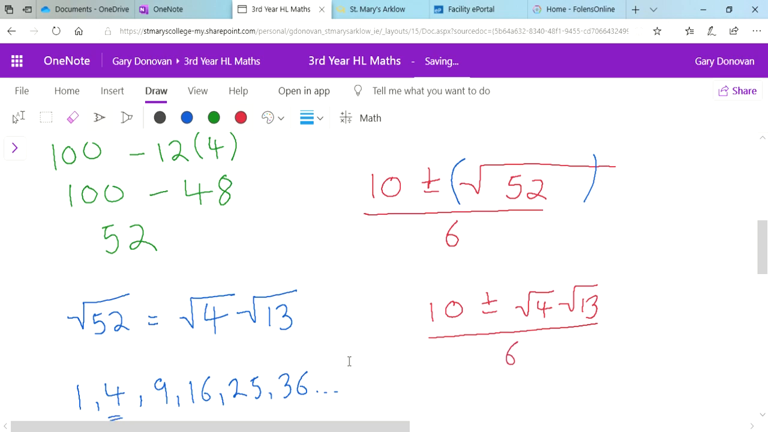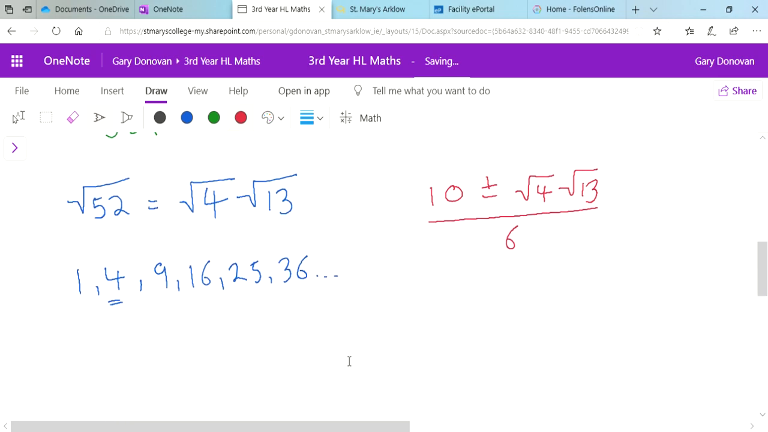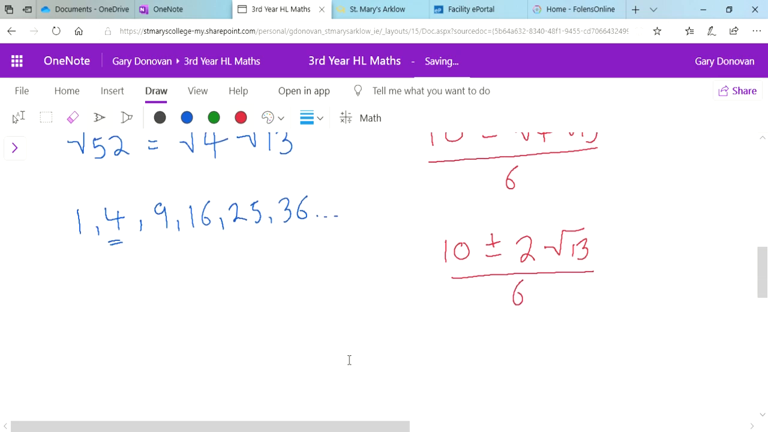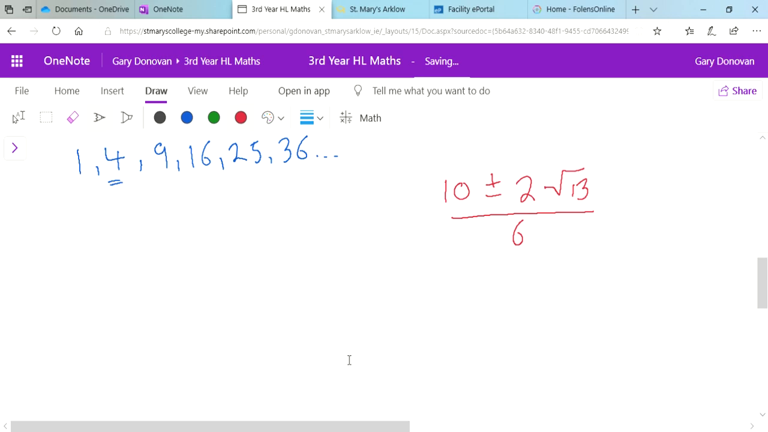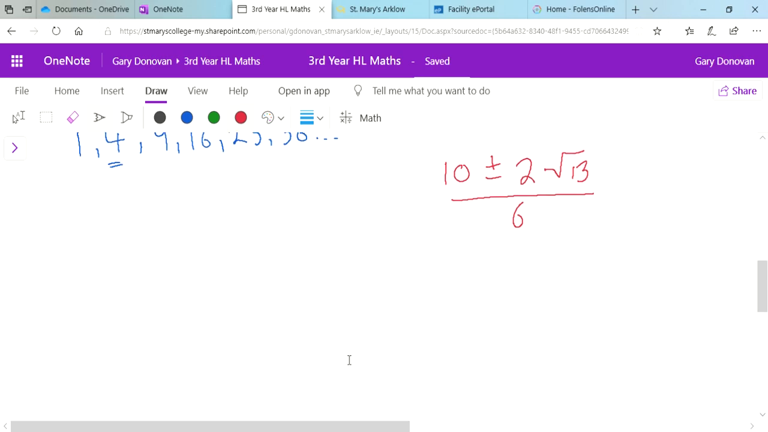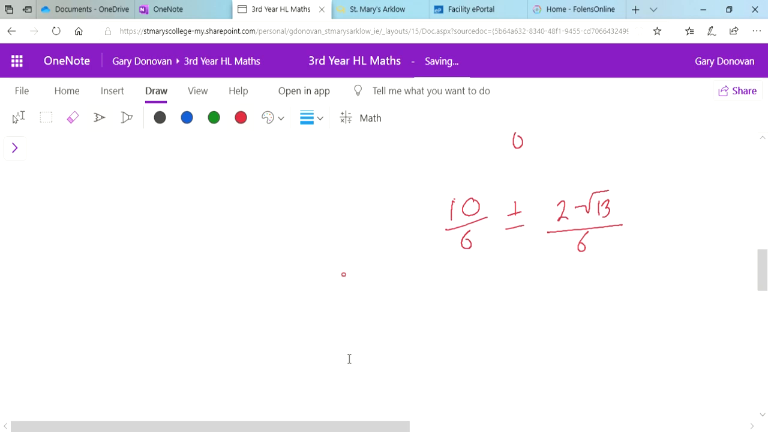Well, how is this simplifying things for us? Well, square root of 4 can be written as 2, and that's why we wanted one of those numbers to be a square number, because it will simplify down to a whole number. And we now have 10 plus or minus 2 square root 13 over 6. Last step, remember this is the same as 10 over 6 plus or minus 2 root 13 over 6. So if we look at that, 2 goes into every number there, so this could be rewritten as 5 over 3